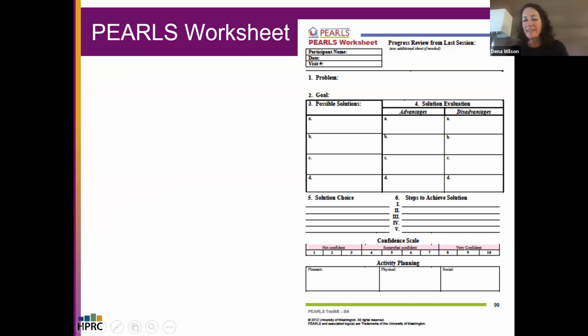Okay, so Cynthia did a great job of introducing the problem-solving treatment and the reason that we teach problem-solving treatment as part of the Pearls, and started to outline the first few steps of the 7-step process that we're going to be doing with folks during each of our sessions: identifying a specific problem, helping the client that you're working with focus on what goal they want to achieve based on that problem,